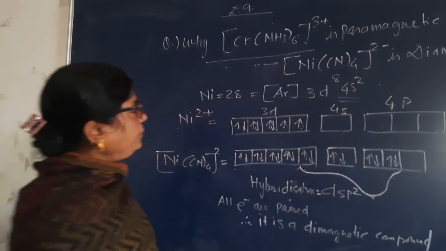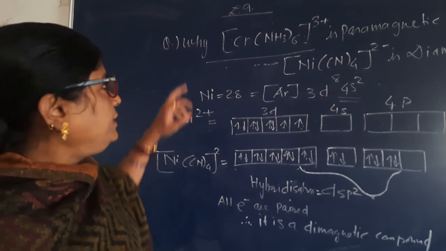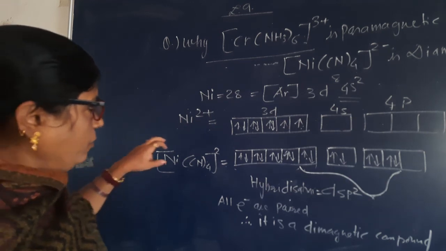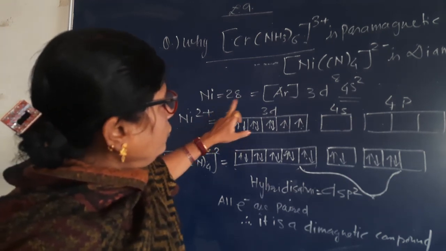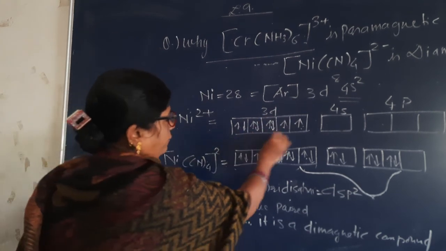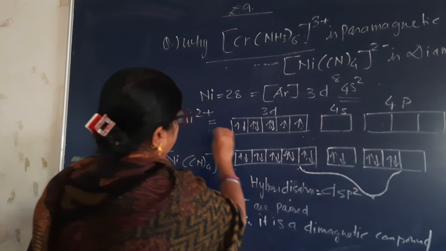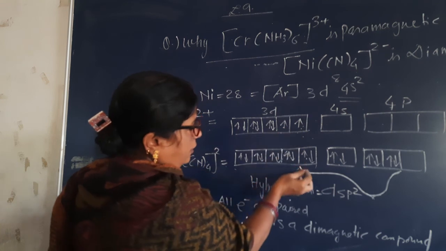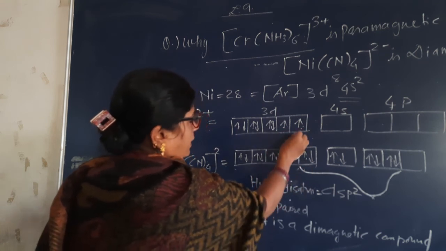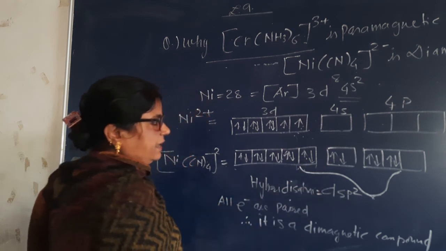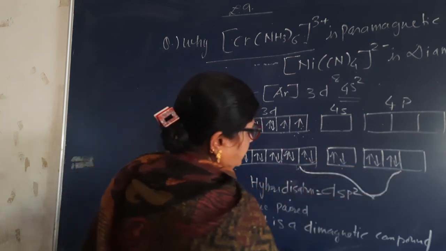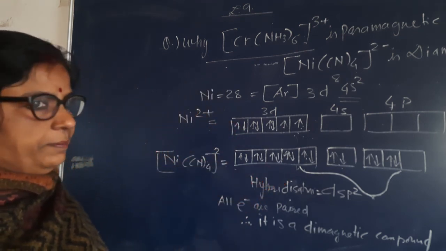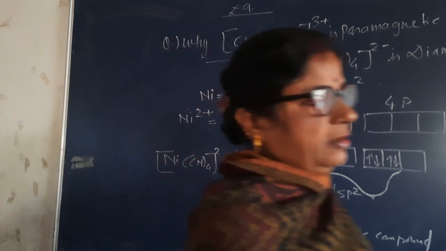Here, see carefully. Ni(CN)4 2-. Earlier we have written Cr(NH3)6 3+. It was a paramagnetic compound and this is a diamagnetic compound. For Ni2+, 2 electrons will be lost. Only 3d8 was there. After writing 3d8, we saw that CN is a strong ligand. So in case of a strong ligand, pairing of electrons is done in the inner orbitals. So pairing was there. So all became paired. Then how many ligands are there? 4. So 4 pairs of electrons are to be adjusted. dsp2. No unpaired electron is present. Therefore, it is a diamagnetic compound. Okay. Copy it down and then in the next class I will show you.